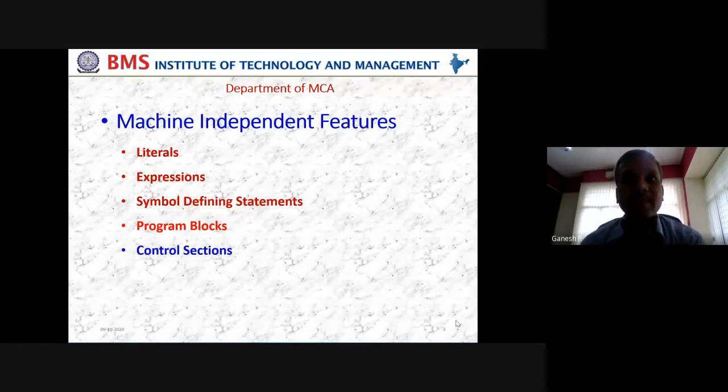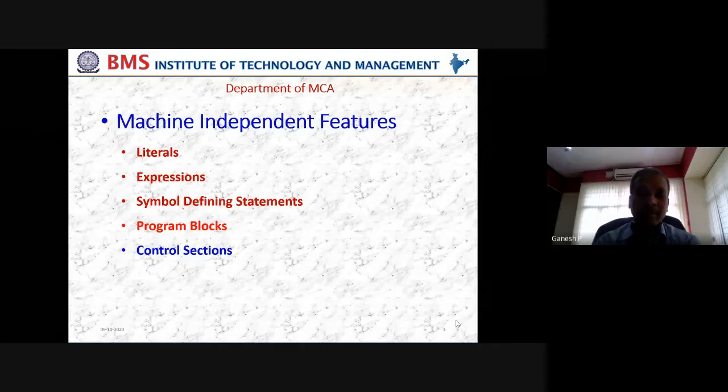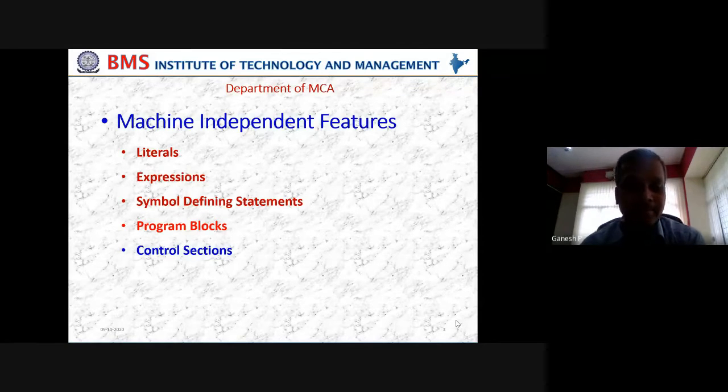Now let us look at the control section. Also, we have used the word USE to identify where the program blocks are. We have used the assembler directive by name USE. That's how we can identify the program block concept. Now we are at the last part of the machine independent features of an assembler, which is the control section. Control section is very, very important from an exam point of view, and also to understand from the system software perspective how it is being dealt with in the system. And we are discussing that as a machine independent feature of an assembler.